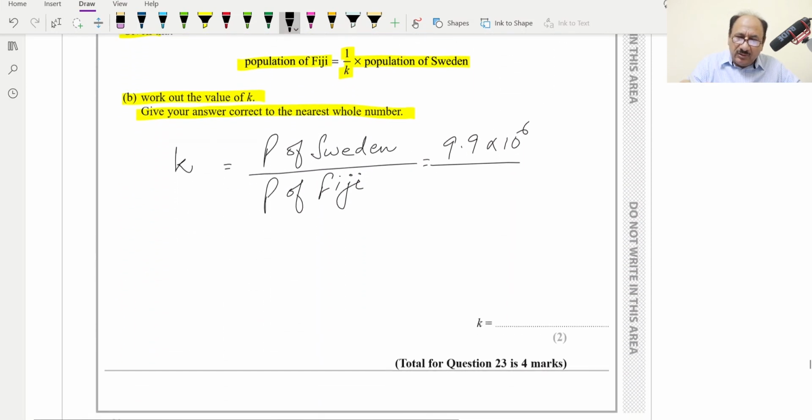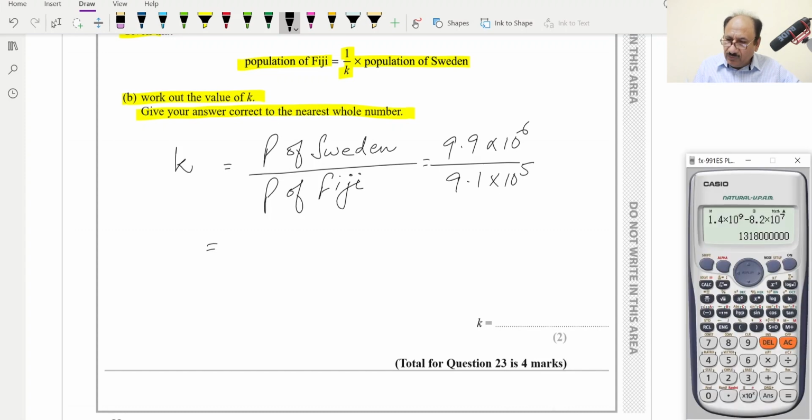So we can write 9.1 into 10 raised to the power 5, and this is the calculation which we will be making. Fraction 9.9 into 10 raised to the power 6 divided by 9.1 into 10 raised to the power 5, and this will be equal to